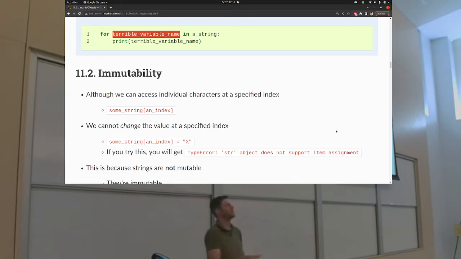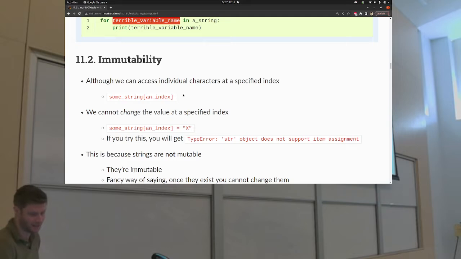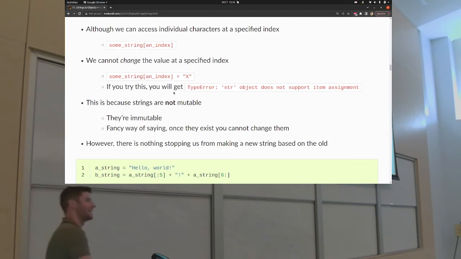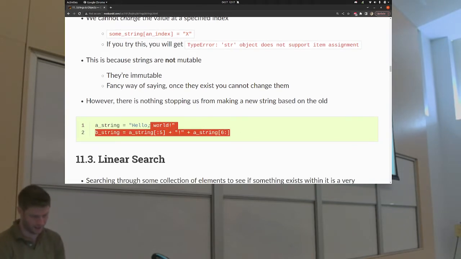So I can change what the variable's using, or what value the variable has, but I can't change anything about the string itself. I can't go in and change a letter of the string. So we can access individual characters from the string, but I can't do something like this. I can't go and try to set it, because once the string exists, that's it. You can't change it. If you really did want a string like here,